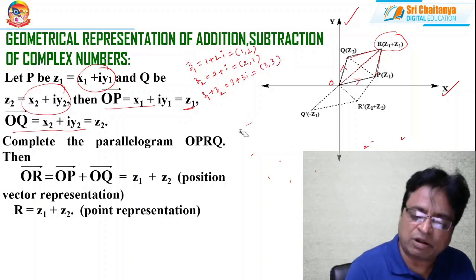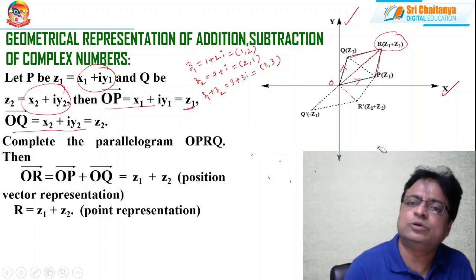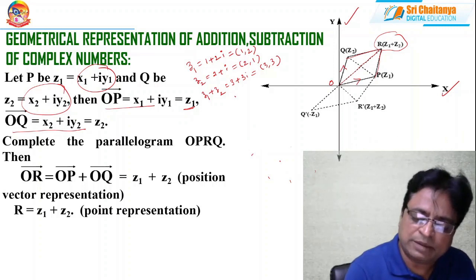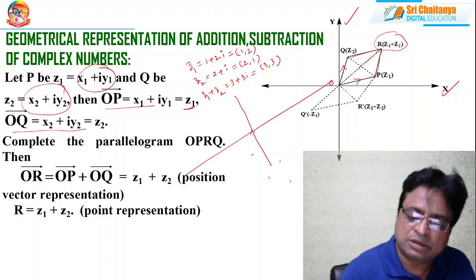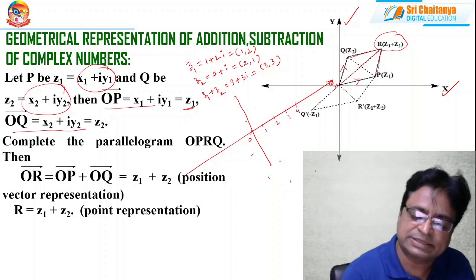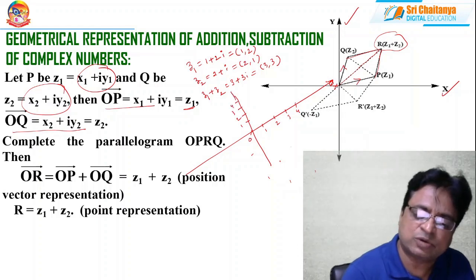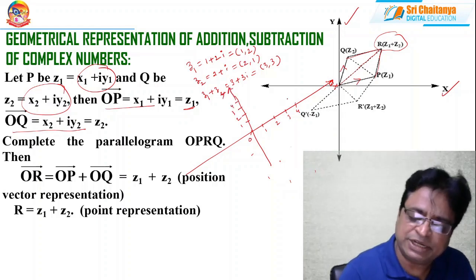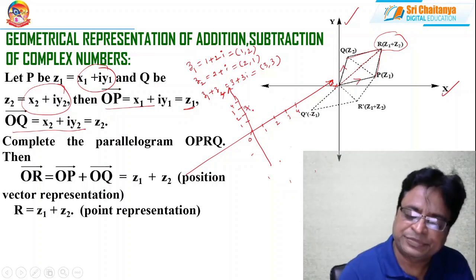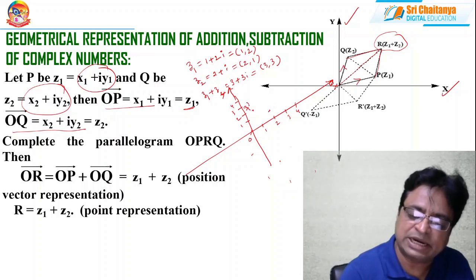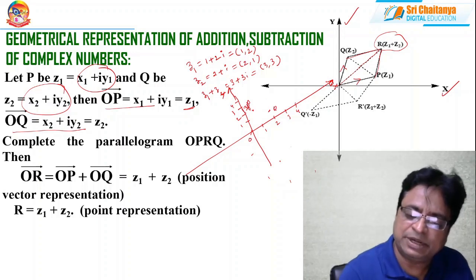How can we represent all these things on an Argand plane, that means in two-dimensional geometry? Let us plot. Take this as the origin, and this is 1, this is 2, this is 3, and this is 4. Of course, this is the x-axis. Similarly, this is 1, 2, 3, 4, and so on. This is the y-axis. z1 is (1, 2), so the point (1, 2) is like this. This is my z1. And (2, 1), this is z2. Let this be P and let this be Q.